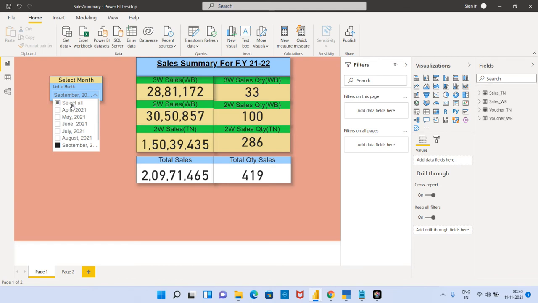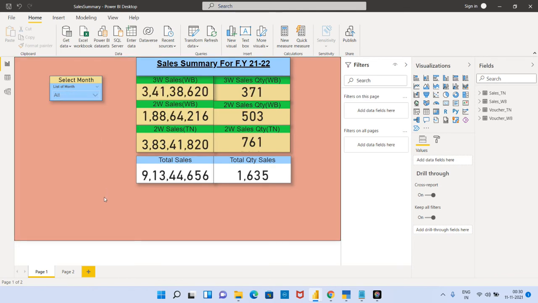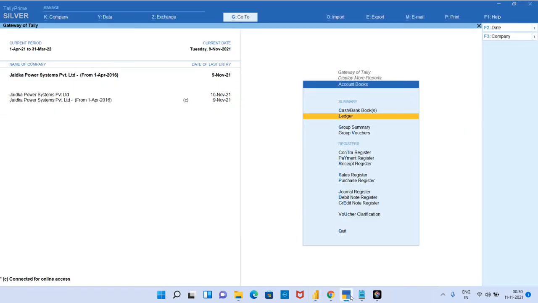first, I selected all the months from April to November. Just you can see here the total sale amount is 9 crore 13 lakhs 44,656 and the total quantity sold is 1,635. Okay, now I go to Tally and